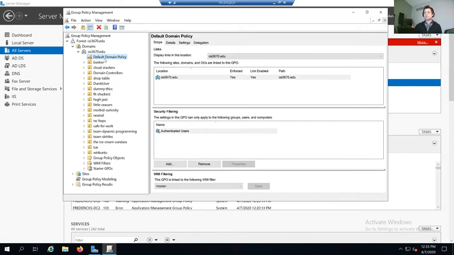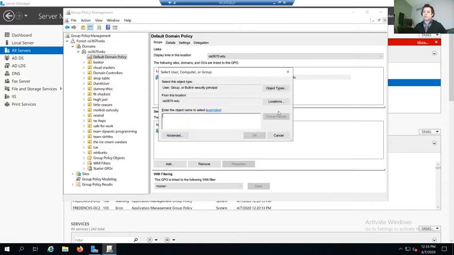This is the default. Right now, the authenticated users group is being applied the default domain policy. So this is a group. Note that I am not applying a group policy object to this group. I am applying the group to the policy. That's why I said it's kind of backwards. But I could add any group that I've created in here.